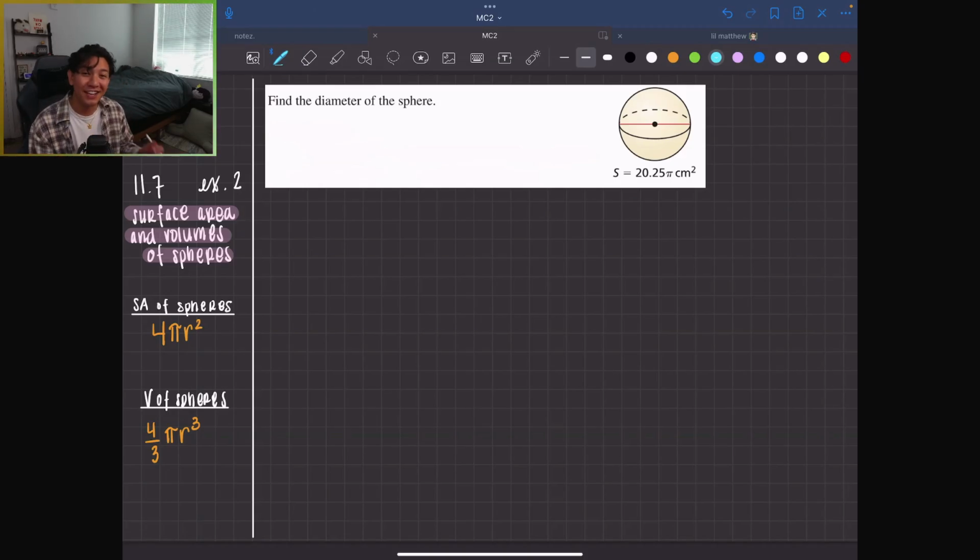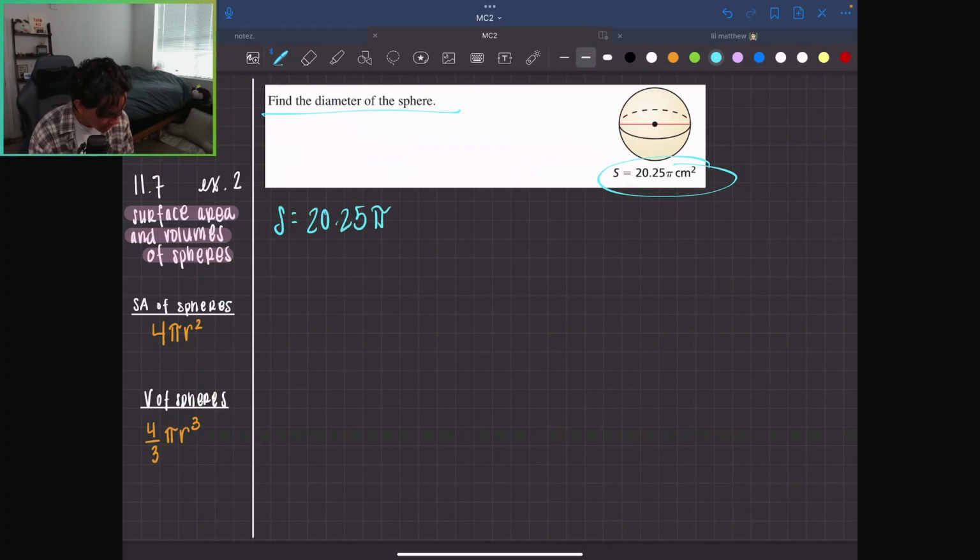All right, here's the second example. We're going to be using the surface area of a sphere formula in order to find the diameter of this sphere. So find the diameter of the sphere. Okay, so what is given to us? We are given the surface area here. So the surface area equals